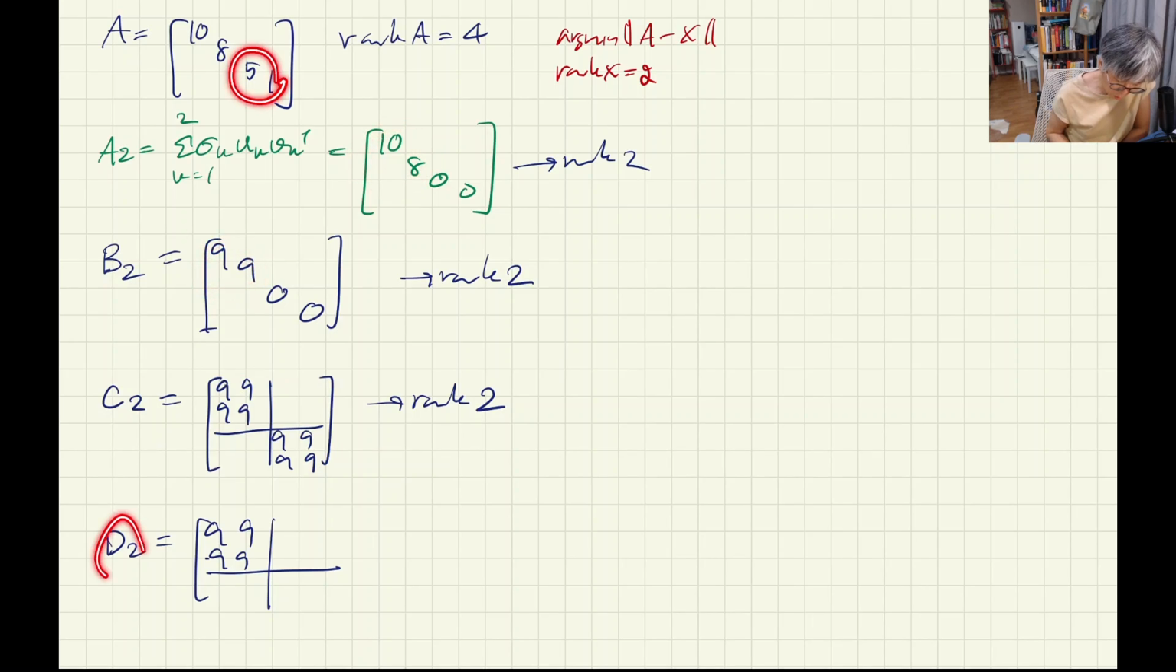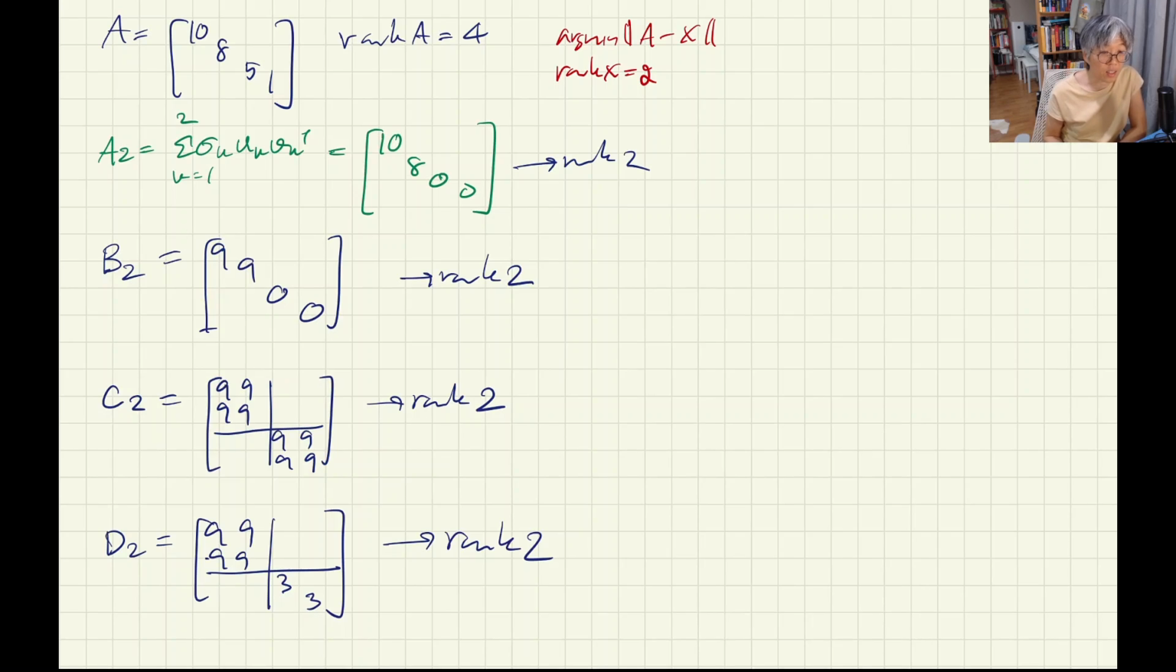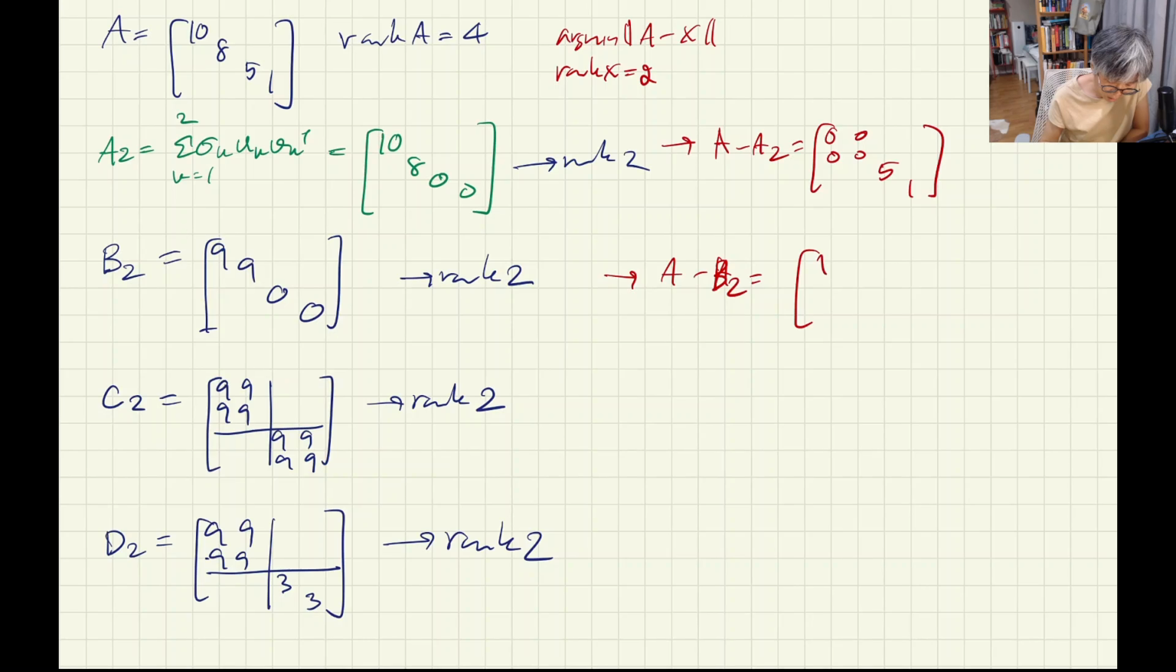And what about D2? We take the average of 5 and 1, which is going to be 3, and then we create this one. So all of these candidates have rank 2. Obviously with this choice, A minus A2 is going to be 0 0 0, and then 5 and 1. A minus B2 is going to be 1 and minus 1, and then minus 5, and then